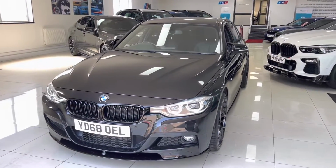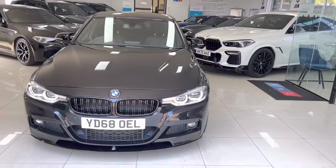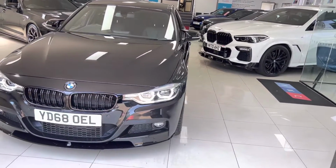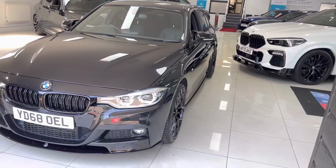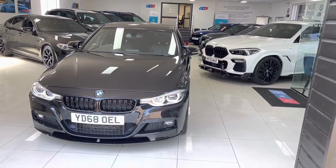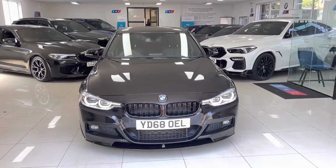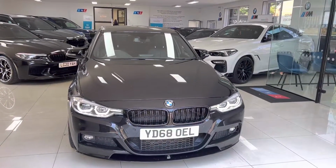Hello and welcome everyone to the walk around video here at Your Next Car, the 2018 68 reg 320D M Sport Saloon. The vehicle is presented in Sapphire Black metallic, features a YD body enhancement kit alongside some nice options from BMW. As with all of the vehicles at Your Next Car, it's physically in stock ready to be driven